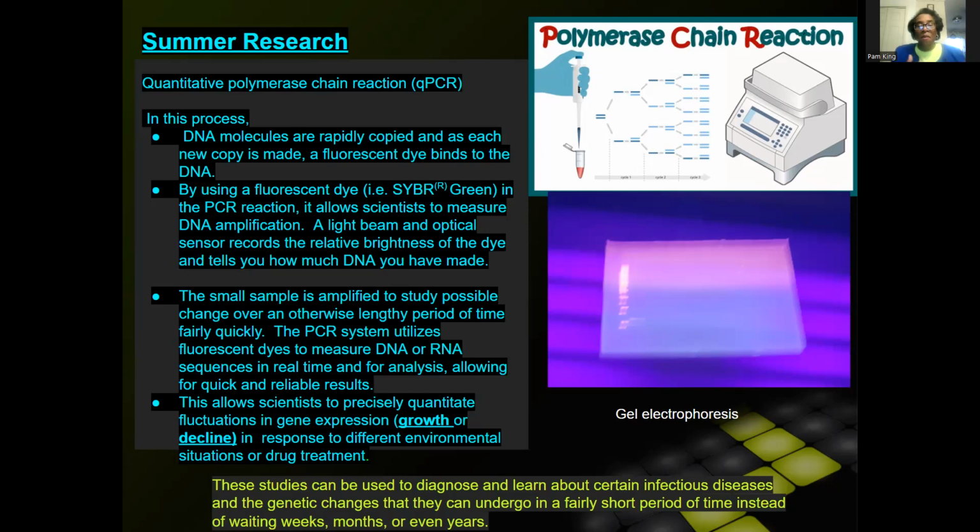the cells were amplified or copied over several generations in a short period of time, and therefore you're able to see the effect of various chemicals or treatments on them by looking at the different dye markers in the different cells that were being copied. By doing this process, scientists can precisely quantitate gene fluctuations, gene expression, and growth to see if those environmental changes, such as the introduction of different chemicals, had an effect on them in terms of either growth or declining growth, or if it caused the cells to die or to change in any type